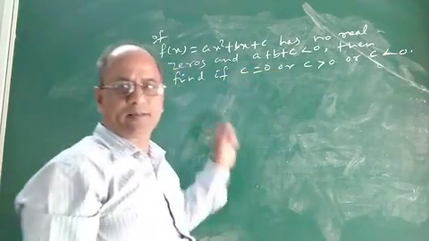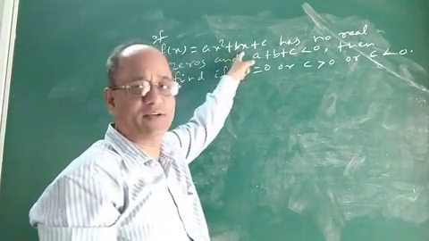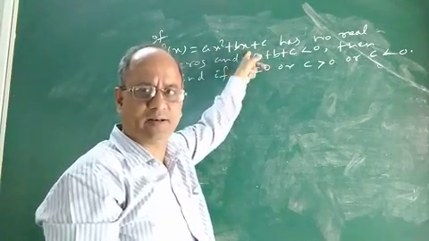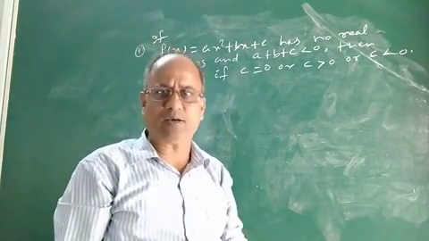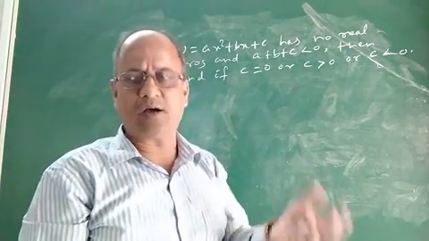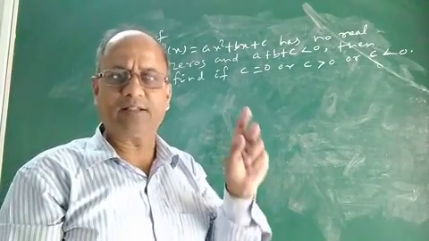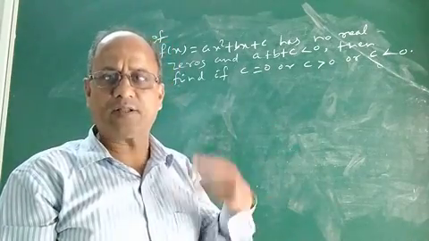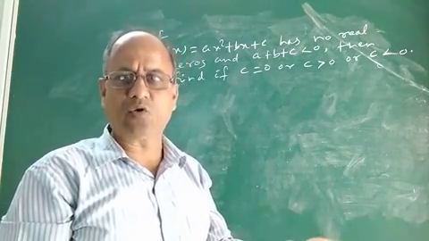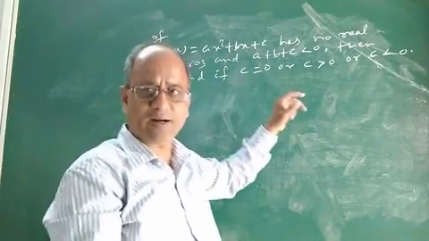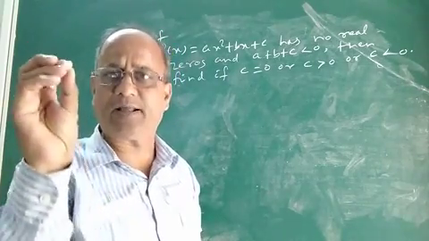Let me explain the question once again. You are given a polynomial in variable x defined by the relation ax square plus bx plus c. Clearly it is a quadratic polynomial. A quadratic polynomial has two zeros. While discussing the nature of roots, you know the conditions required to find whether the roots are real and equal, or real and unequal, or the equation has no real roots. The condition for a quadratic equation having no real roots is that the discriminant of the equation must be less than 0.